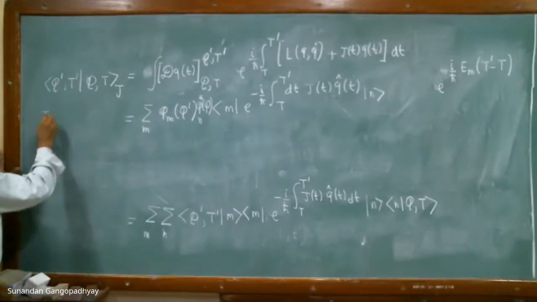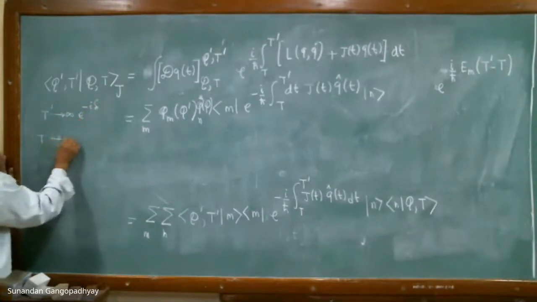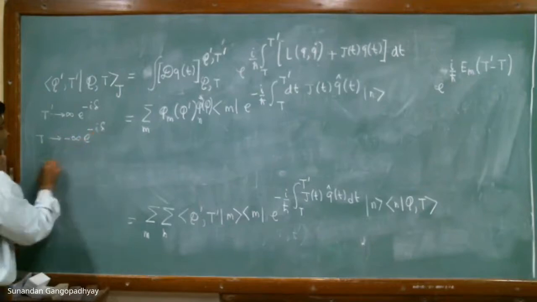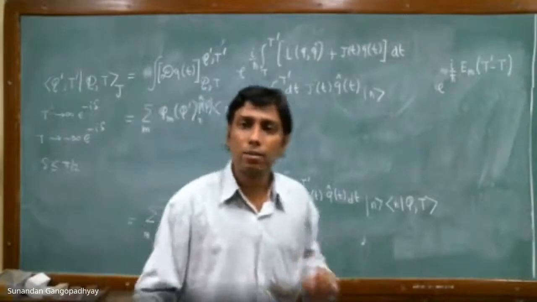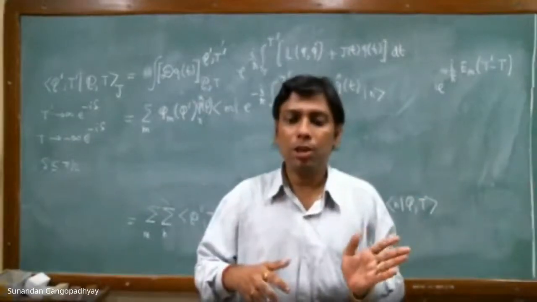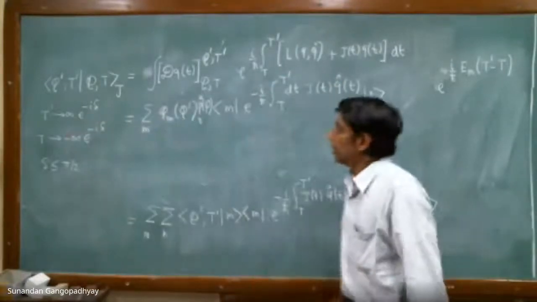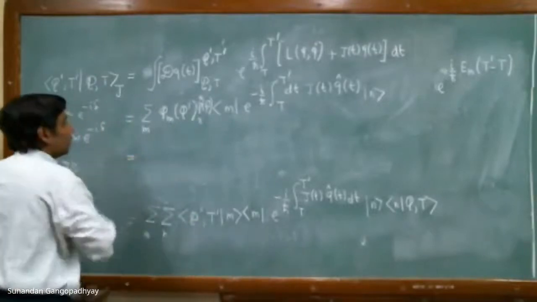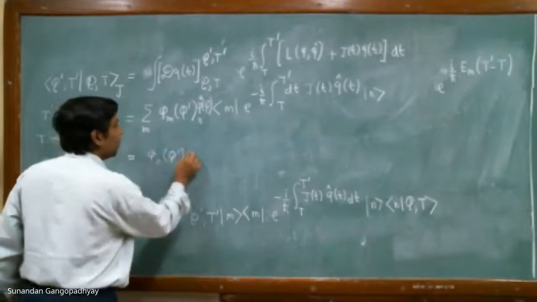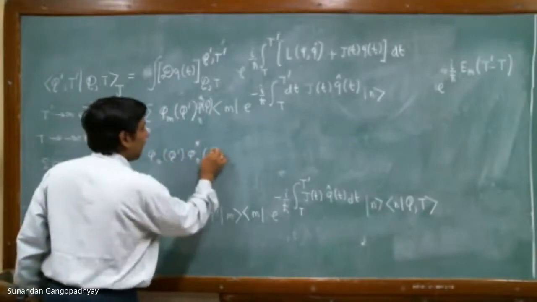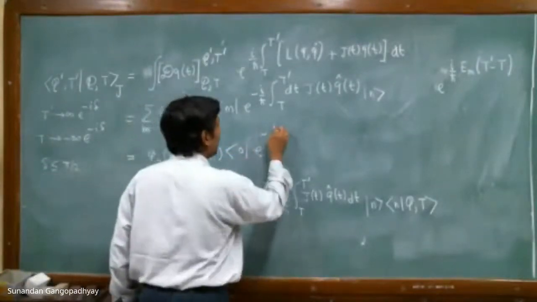So this is the expression that we have. Now you do the same trick. T prime going to infinity e to the power minus i delta, and t going to minus infinity e to the power minus i delta, with delta less than or equal to pi by 2. So this trick is being done to isolate the ground state. So physically what you are doing, you are rotating the time axis and nothing else, and taking this limit. If you do that, what will happen? Only the n equal to 0 term will survive. So we will have phi naught of q prime, star of q, and this will become